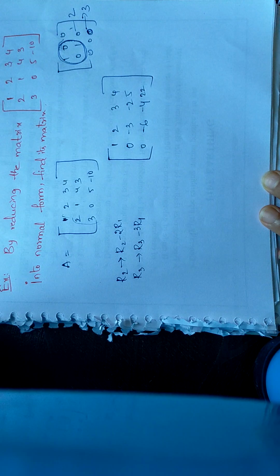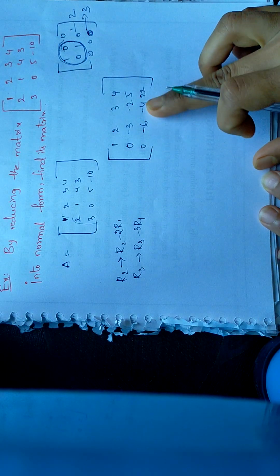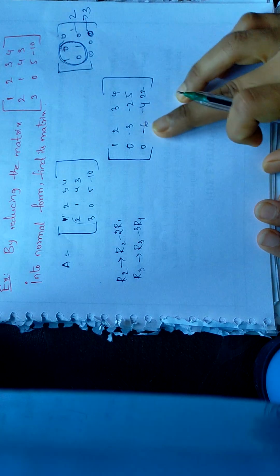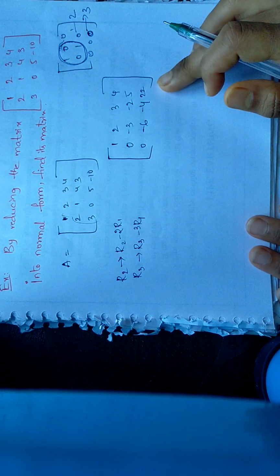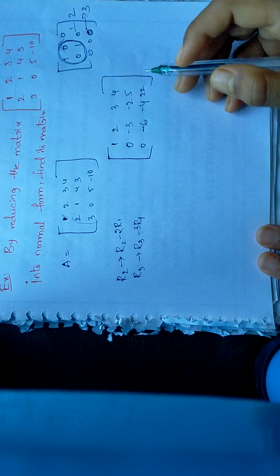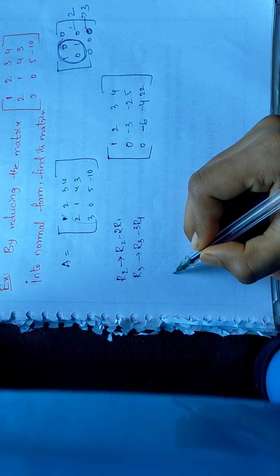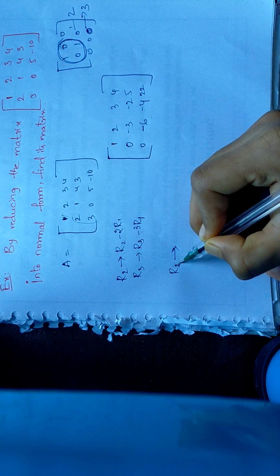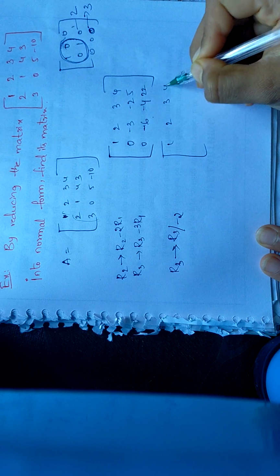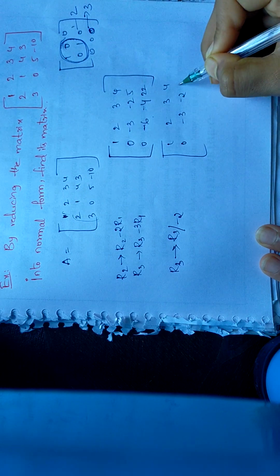Now what I will do, I will try reducing this 6 4 22 because they are bigger numbers, so we'll try reducing them. For all of these 6 4 22, we can divide these numbers by 2. Yes, I'll divide by minus 2 so that we get rid of the minus, and that will be easy for us to solve with positive numbers. R3 is divided by minus 2. So what you will get: 1 2 3 4, 0 minus 3 minus 2,